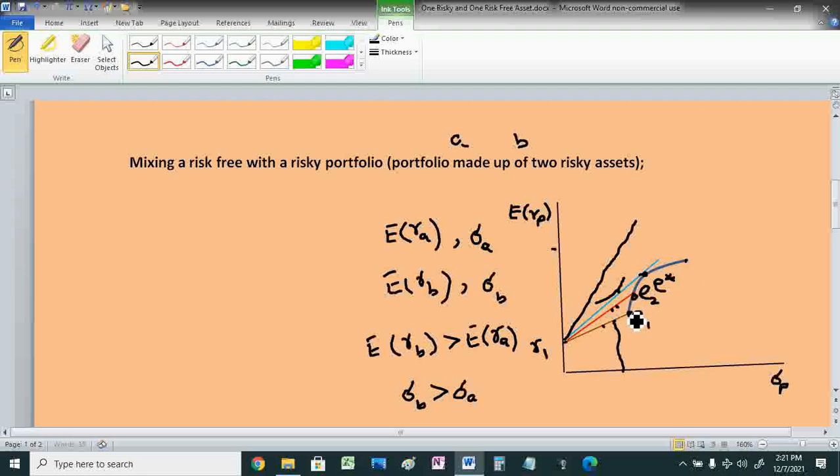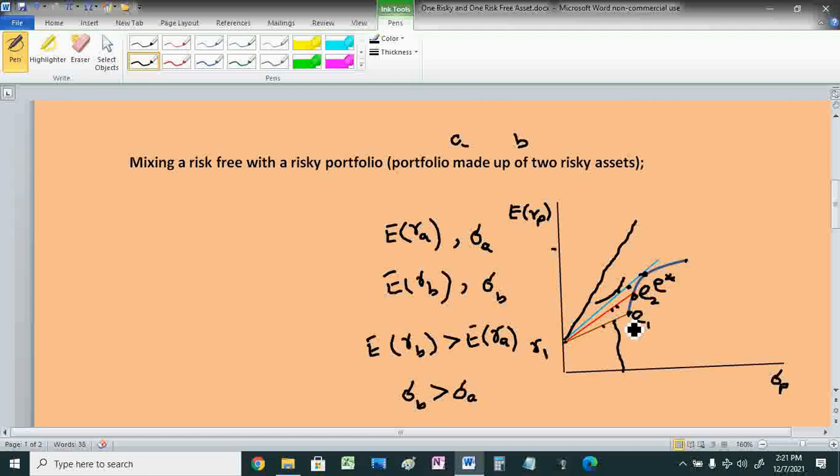So in place of being here, the person will want to be at this point, and in fact, if this is the indifference curve, the person would want to see that along this portion of this efficient frontier, the person is able to reach the highest possible indifference curve. And that is one part of the story. Now let's look